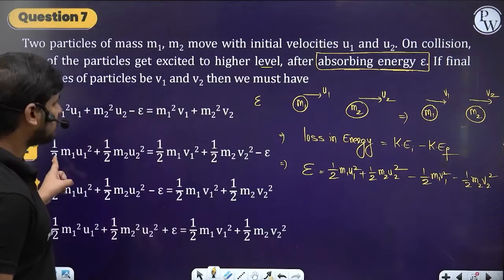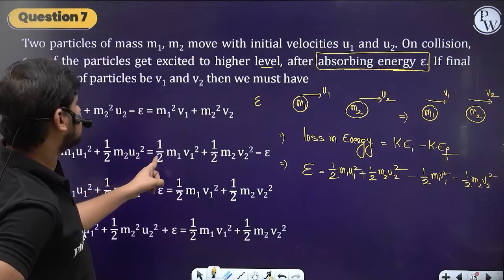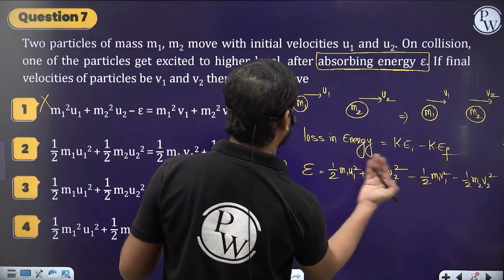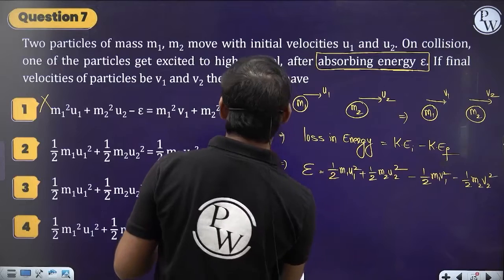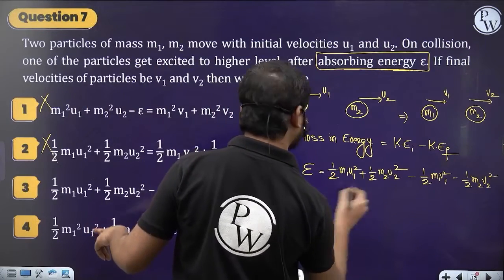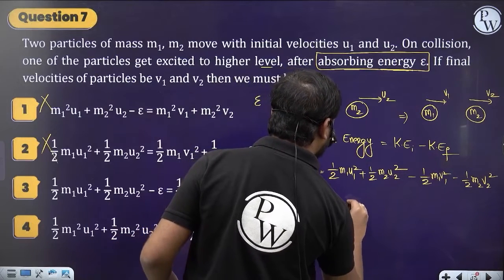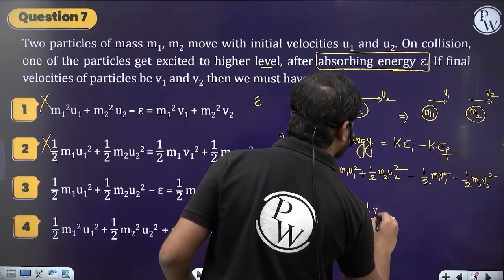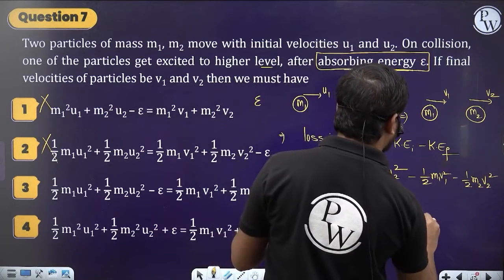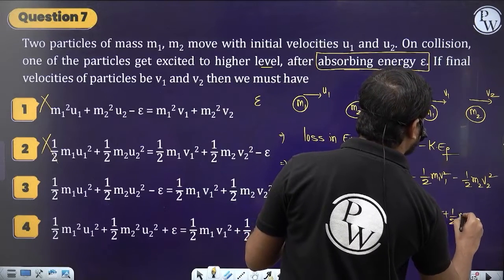So this option is wrong. And then check this one, half m1 u1 square plus half m2 u2 square is equal to, if you bring it to this side it becomes plus, but here it is given minus, so this option is also wrong. So then let's write this way, you bring these two terms to this side, guys: half m1 u1 square plus half m2 u2 square is equal to, I can write, half m1 v1 square plus half m2 v2 square